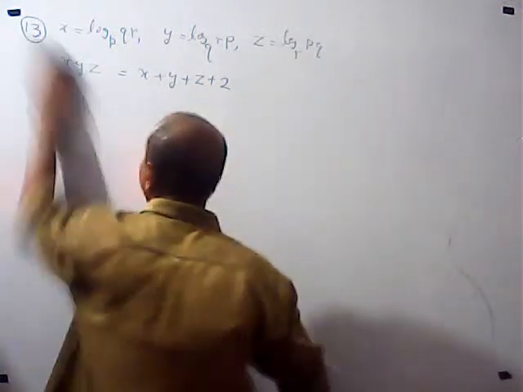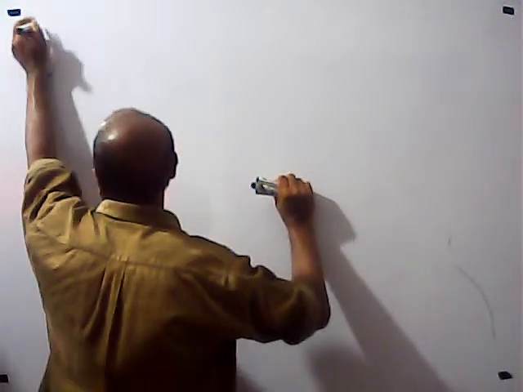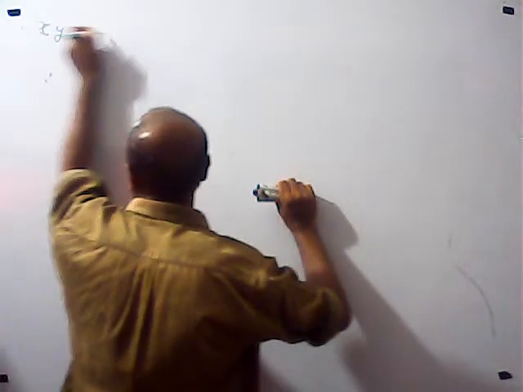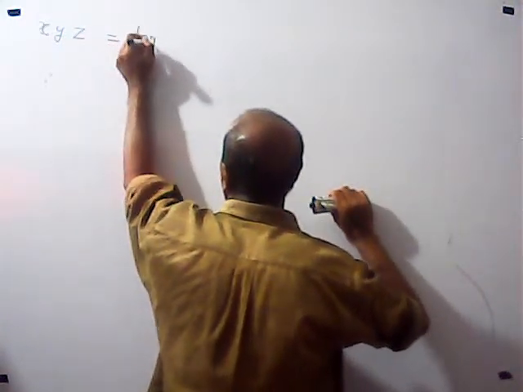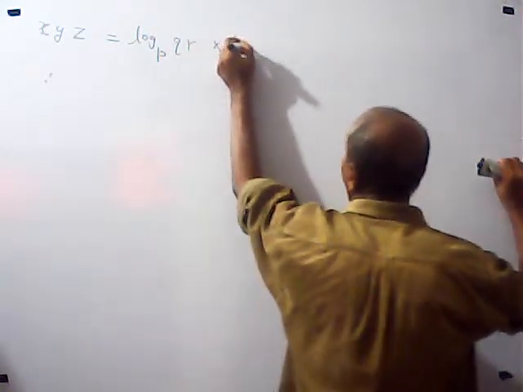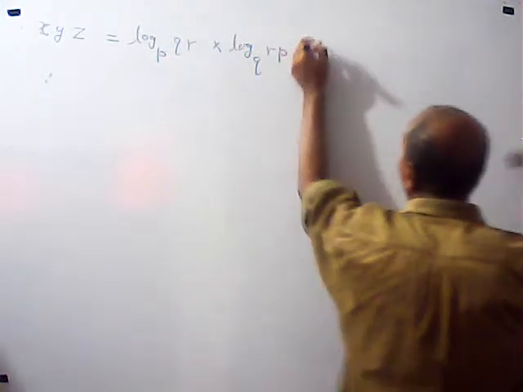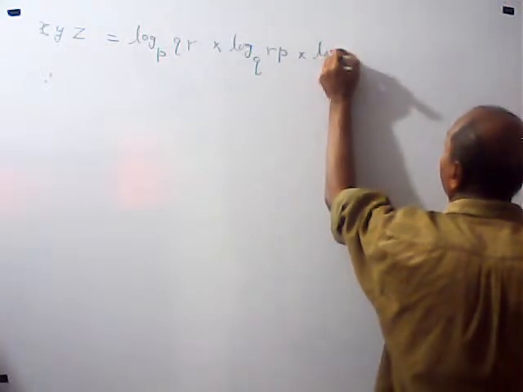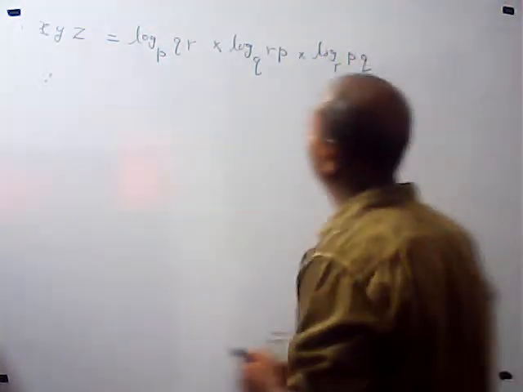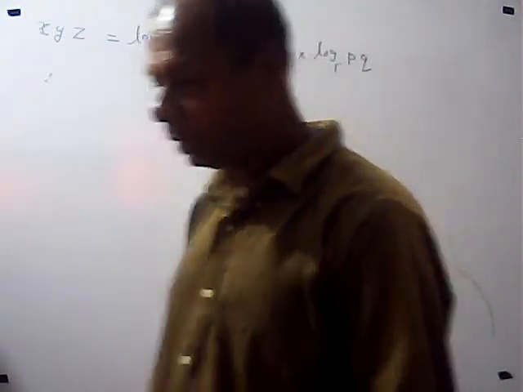To start from the left hand side, it will be like xyz. xyz is log base p of qr into log base q of rp into log base r of pq. Right? Then